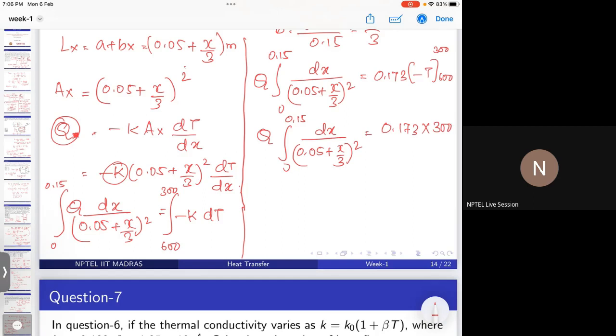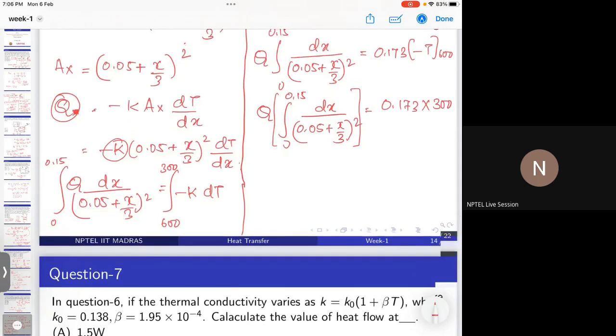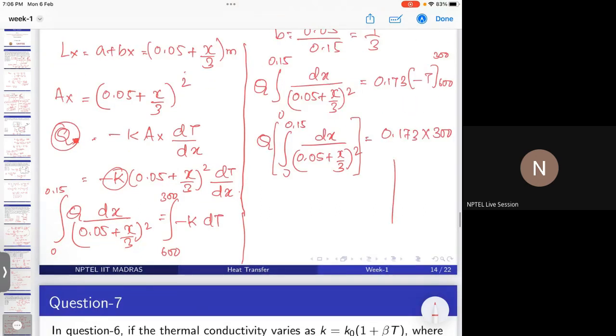So now the only thing you need to do is how to integrate this value. I hope you know how to integrate. I'm not doing the full integration, I will just give you a clue. You can convert this into a variable like t, and you can take dt is 1 by 3 dx, and you can substitute it back,